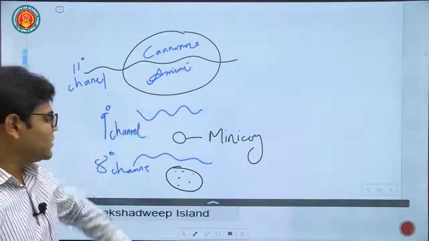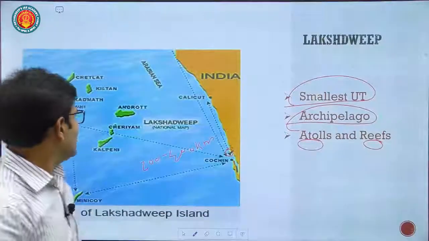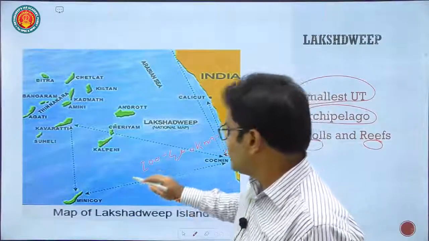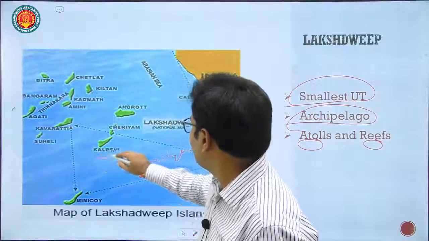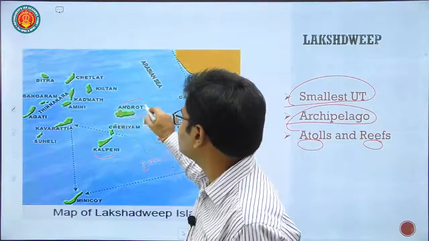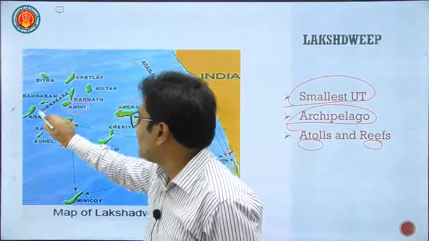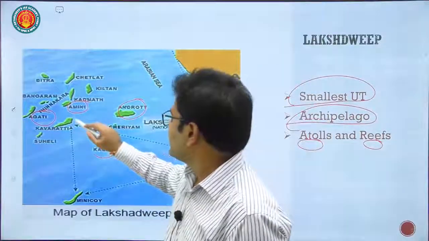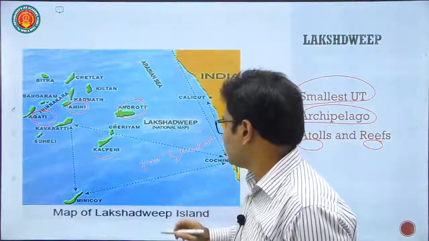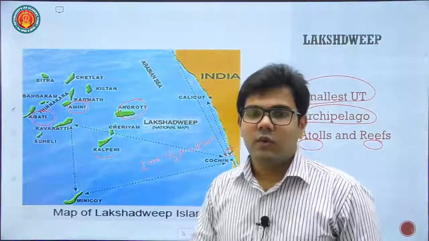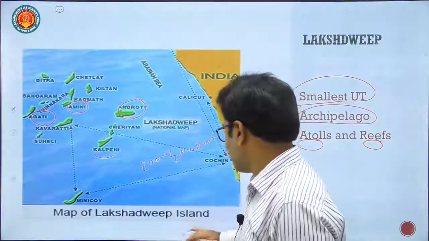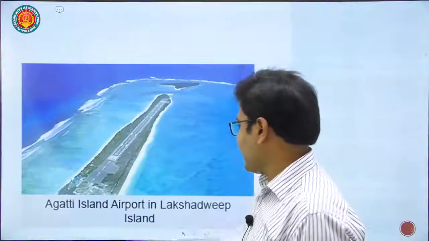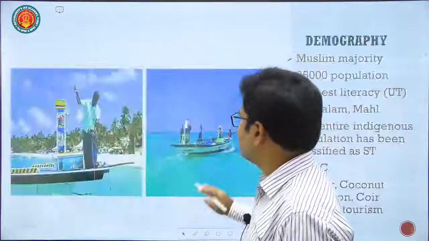So, there are many islands over here. The capital of Lakshadweep is Kavaratti. We have islands like Kalpeni Islands, then Androth Islands, then Amini Islands we just talked about, Agatti. Then on Agatti Island there is an airstrip of Lakshadweep. Then we have Kavaratti Island over here. Fine. Then we have Pitti Island where a bird sanctuary is present. This is Agatti Island, the airport in the Lakshadweep Islands.